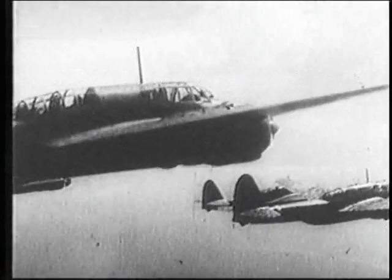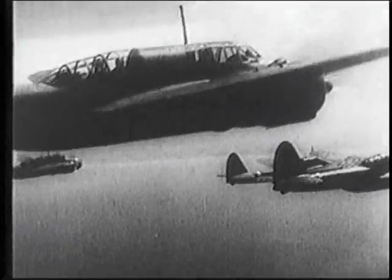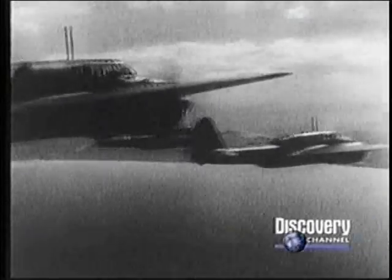One of Japan's principal aircraft involved in the attack on Pearl Harbor was the Kawasaki light bomber, codenamed Lily by the Allies. The Lily went into production in 1939, and nearly 2,000 were